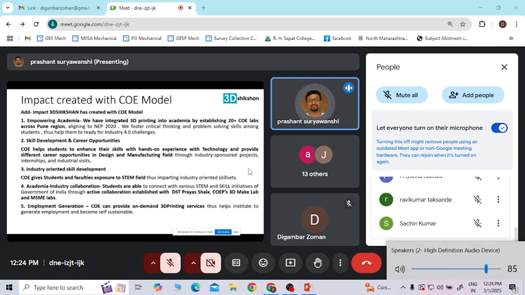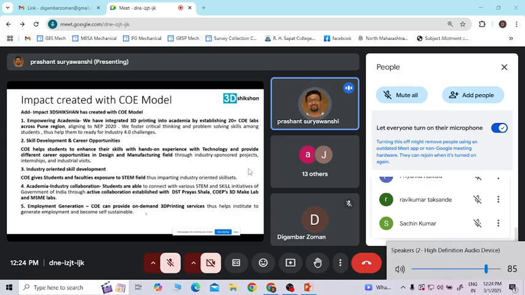And as I said, you can use this for on-demand 3D printing services. So one student who knows 3D printing, as I gave the example, can simply use it in day-to-day life. Instead of buying things, you create the things in your own home. You can tell your kids, instead of buying things, let's print this. So that kind of experiential learning already starts right from home. And even for the COE, there are things like on-demand services.